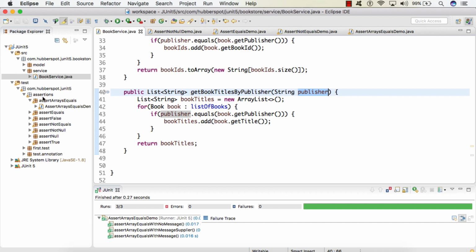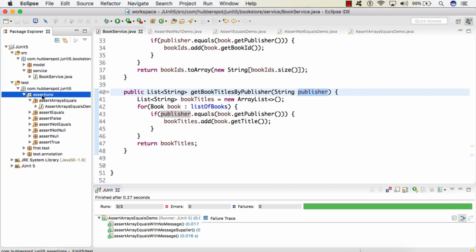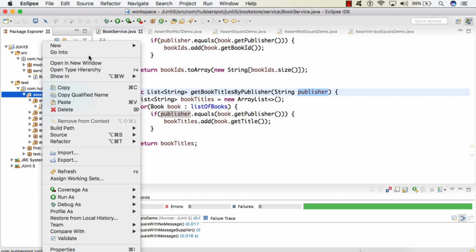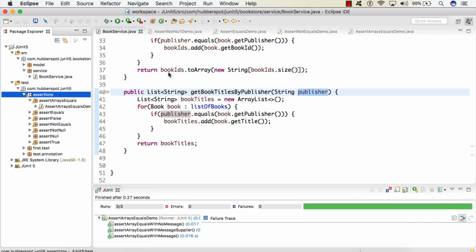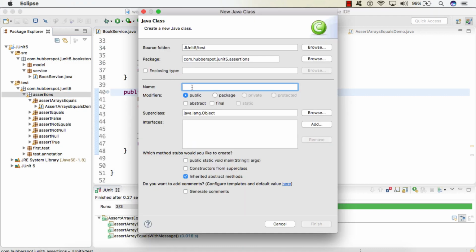In our test folder, I will create one class. We'll give it the name AssertIterableEqualsDemo. We'll keep it in a package, assertIterableEquals. We'll click finish.